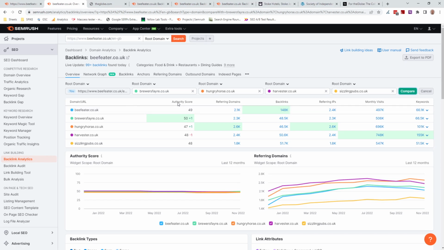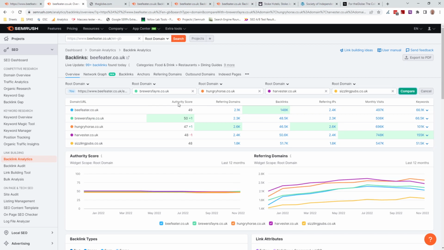And I would only ever take this as a guide, because sometimes you will see this number and it might be 70, 80, and the actual website itself you might look at and think, well, no, this is a terrible website. We wouldn't want to get a link from there. It's kind of essentially fooled SEMrush or Moz with having tons and tons of backlinks, which may be terrible backlinks. So I use it as a guide because it's roughly accurate, but like I said, don't just judge a website on this score.